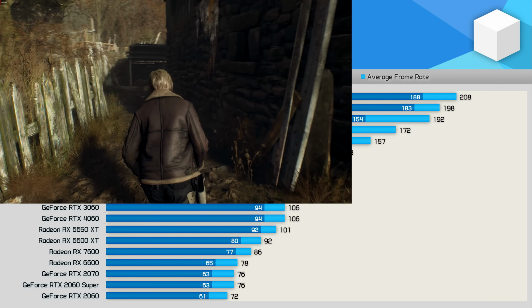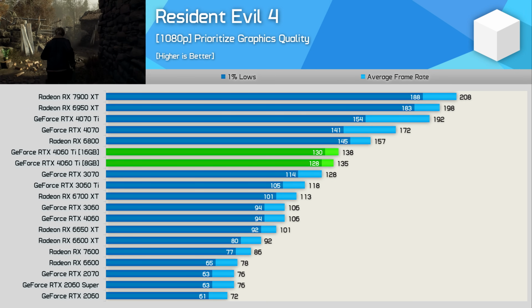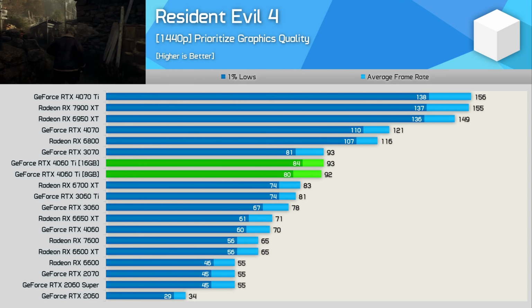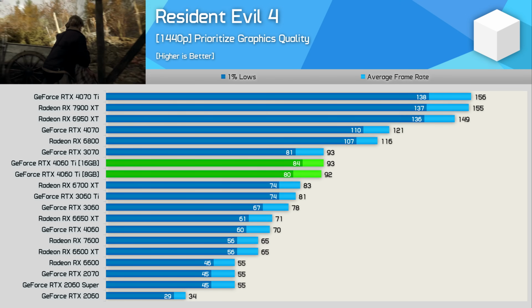In this example, we tested Resident Evil 4 using the second highest quality preset, which greatly reduces VRAM usage, and as a result, the 8 and 16GB versions of the RTX 4060 Ti delivered basically the same level of performance